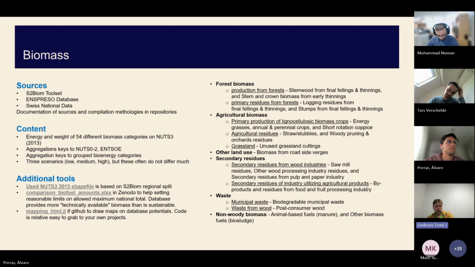So when using this database, remember it's technical potential, and not all that is allowed to use either politically or for sustainability reasons. But then the last one.